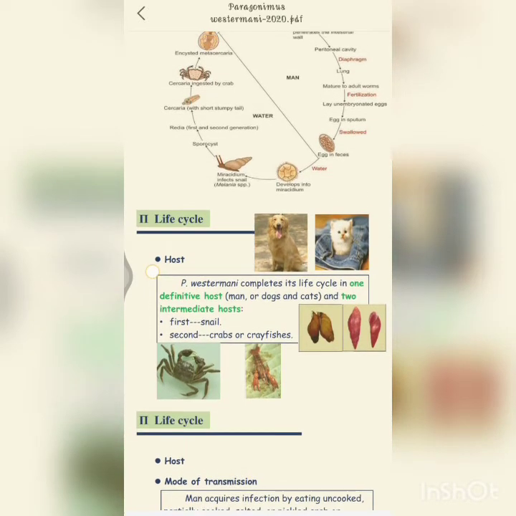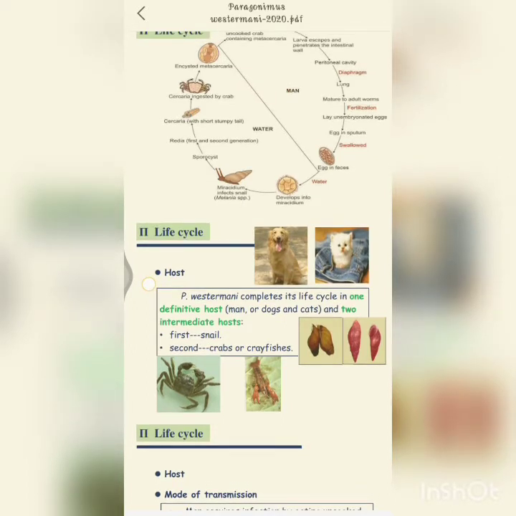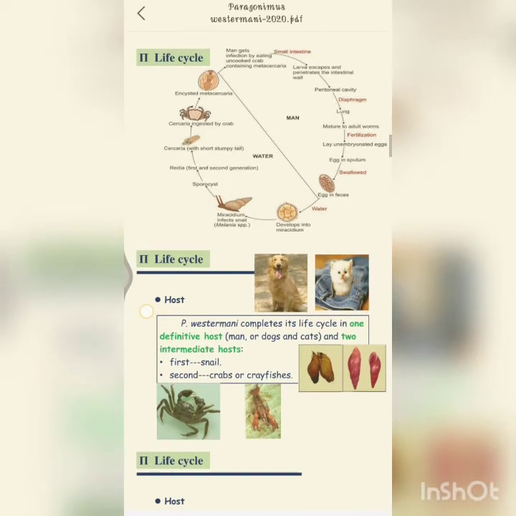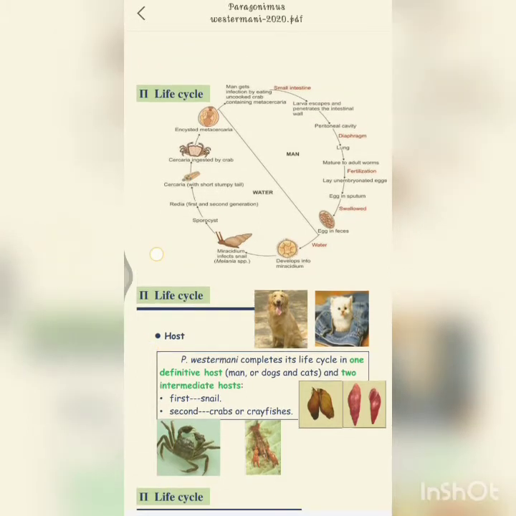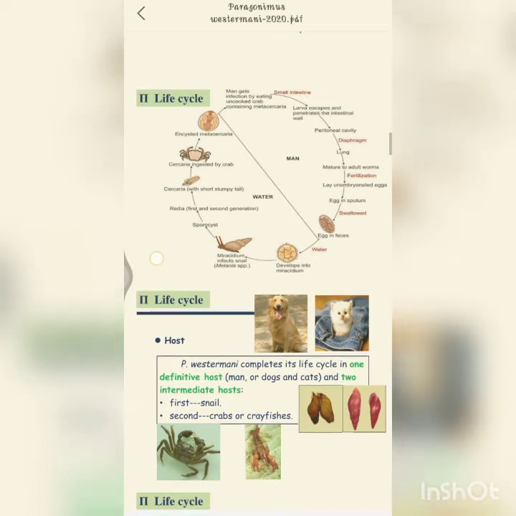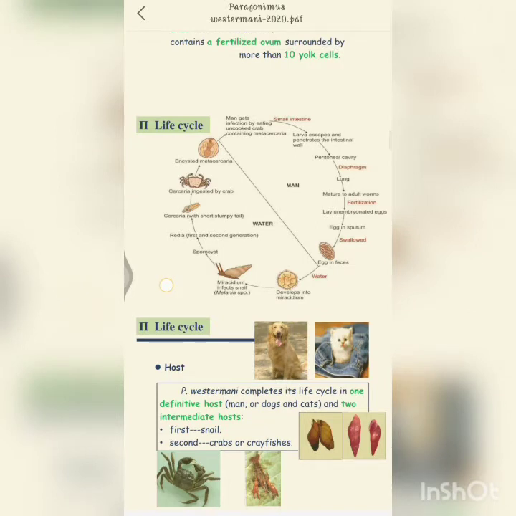We know the miracidium is present inside the eggs. It is a ciliated structure which is surrounded by a shell. But when it enters the snail body, because of the snail's gastric juices, the eggshell breaks down, and the inside ciliated miracidium comes out into the snail, and it undergoes metamorphosis to form the sporocyst. Same as in our earlier clonorchiasis, here also the sporocyst converts into rediae of first and second generation. Inside the rediae there are cercariae which come out, and these are short stumpy-tailed cercariae, whereas in clonorchiasis there is a long free swimming cercaria.